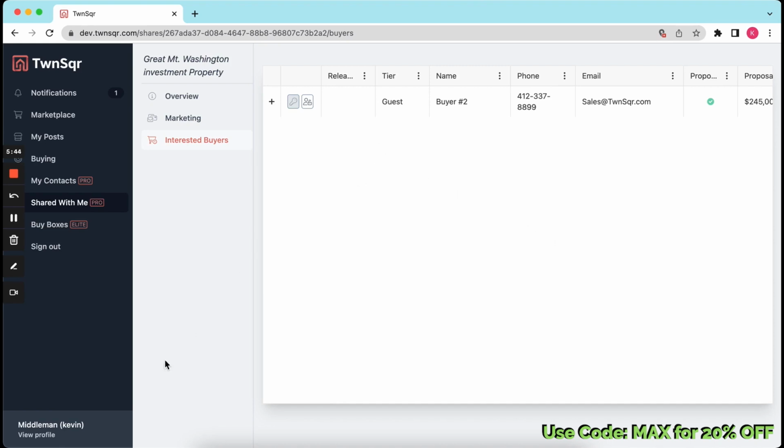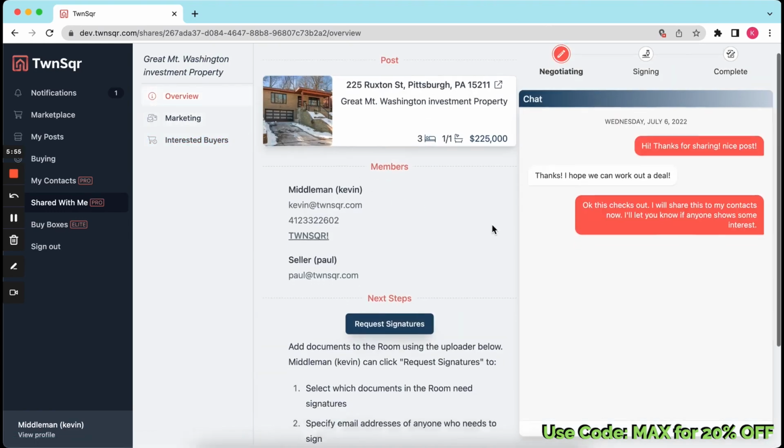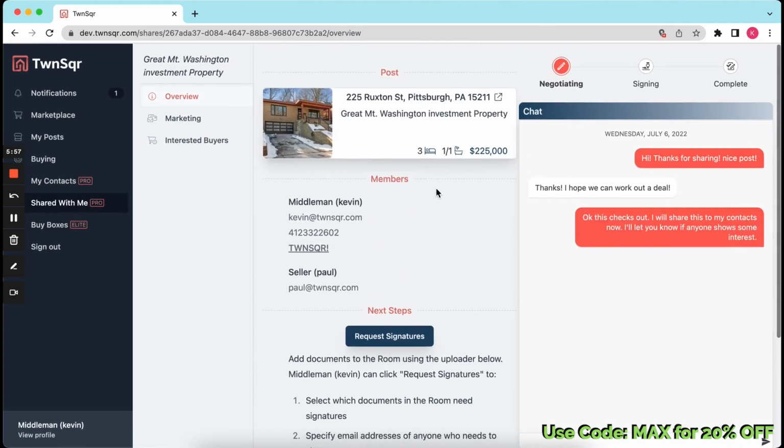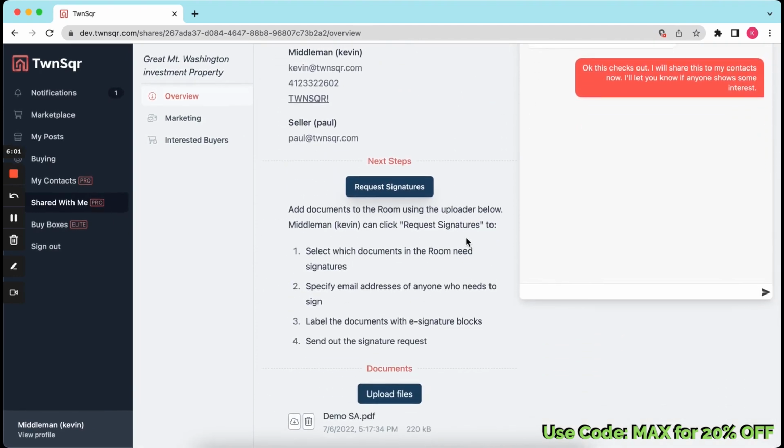That's because this middleman has not clicked this release to seller button yet, and I'll explain exactly why that is. So we go back over into overview, and now let's say that this middleman goes back to the seller and says, "Hey, I have a buyer that's interested. I'm sure that you just saw that. We have to sign an agreement before I'm willing to release this person to you so that they can come in and purchase the property